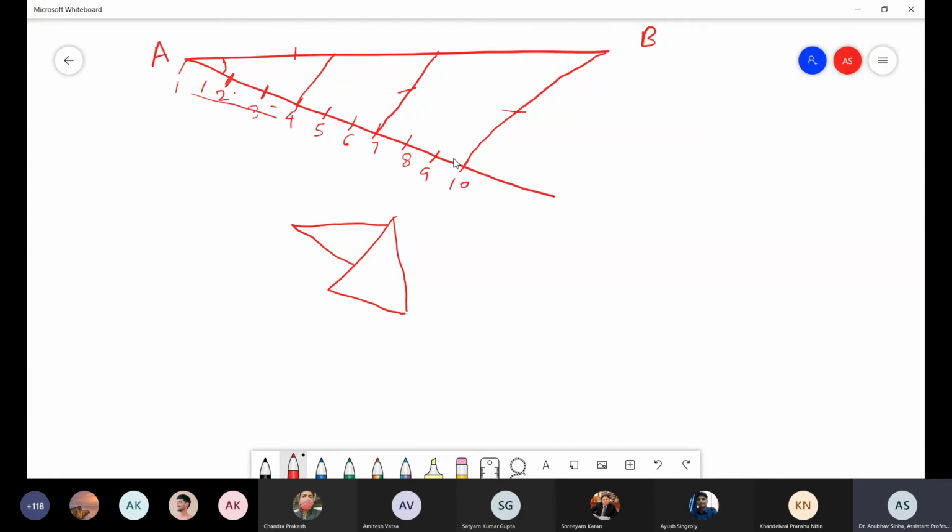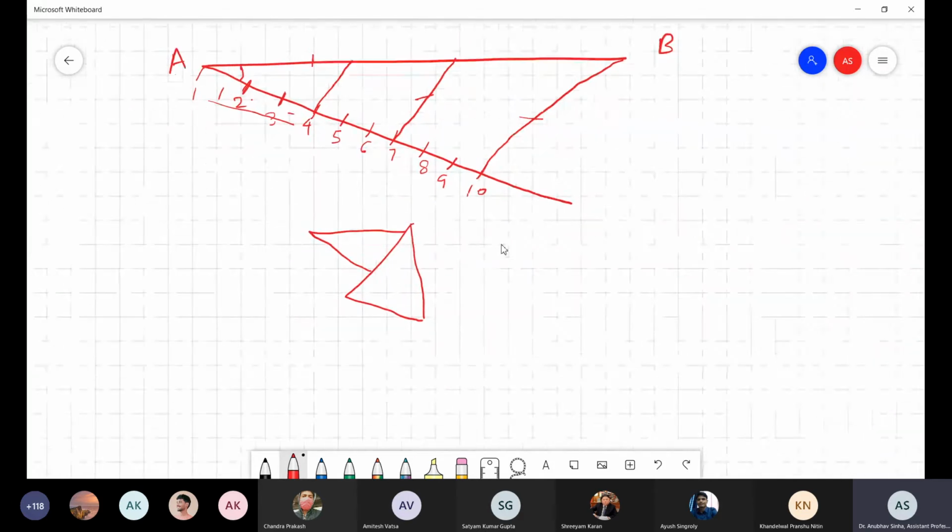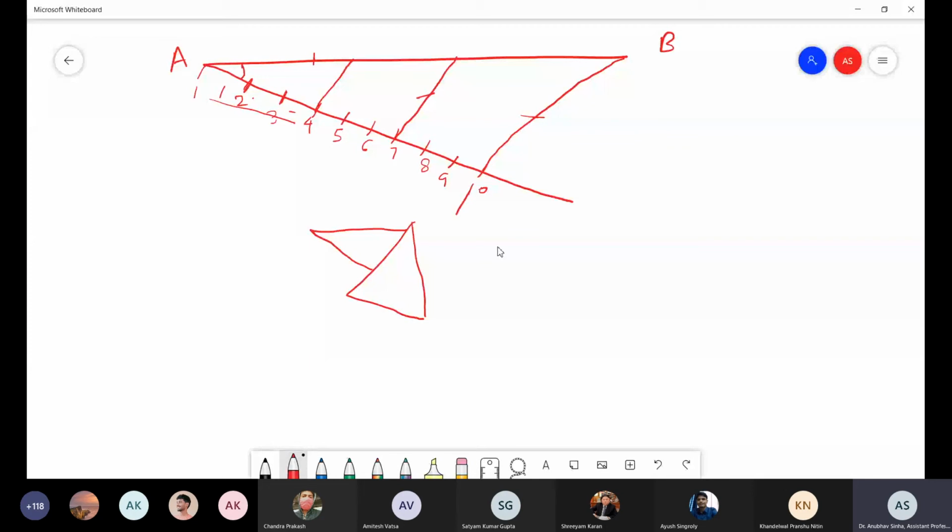Take a set square here. Okay, one angle of the set square is 90 degree, right? This angle will be 90 degree. Okay, so if I keep a set square here and draw this, actually not. Okay, or you can do one thing. Once you join this line, okay, let me draw it again. It's not very clear.